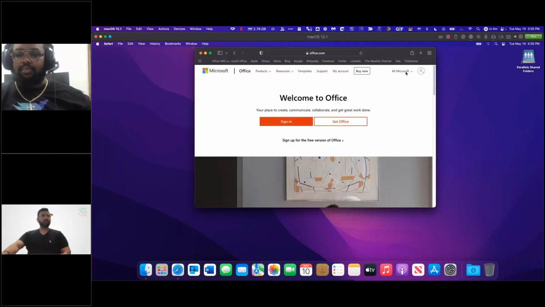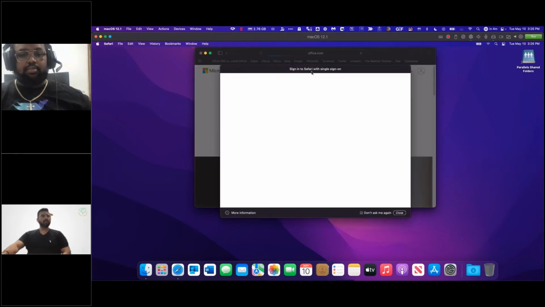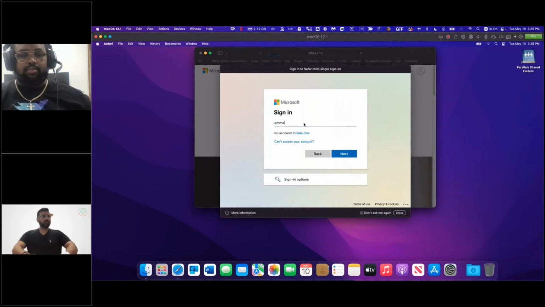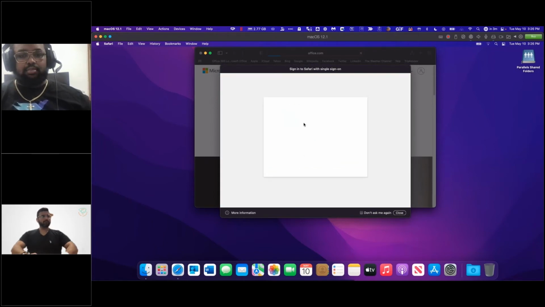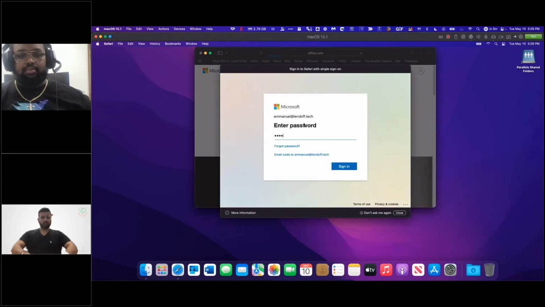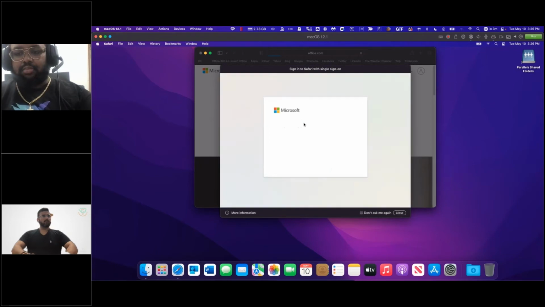All right. So I just simply attempt to log in. And boom, it says sign in to Safari with single sign-on, like magic, right? So I just, again, need to go ahead and essentially log in with my Microsoft credentials that I have. Need to sign in once. All right, let's see.